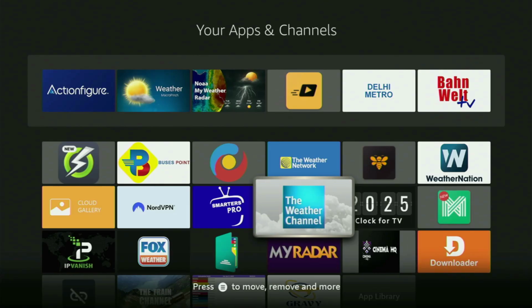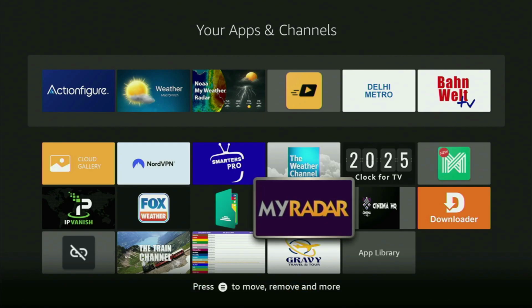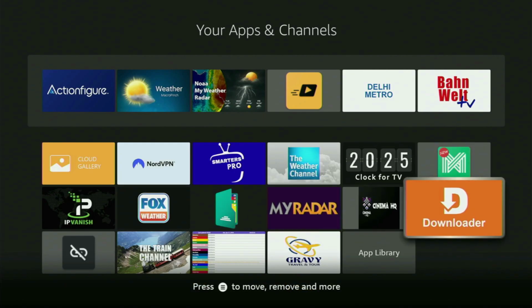Hey, how's it going? Today I'll show you how to get some of the best spicy apps to your Fire Stick, which you can use totally for free, and set them up in a couple of minutes. And without any further ado, the first step you gotta take is getting the app called Downloader to your Fire